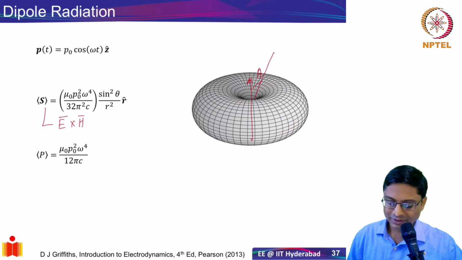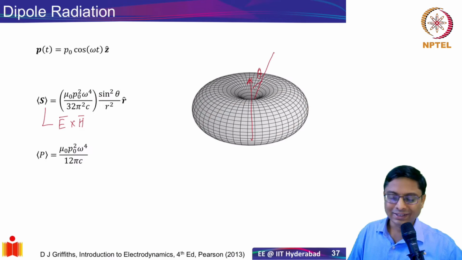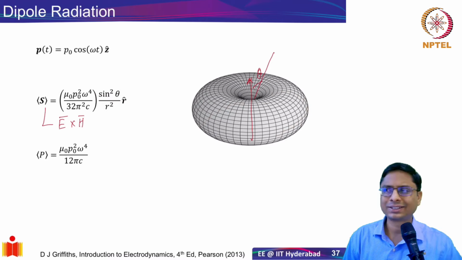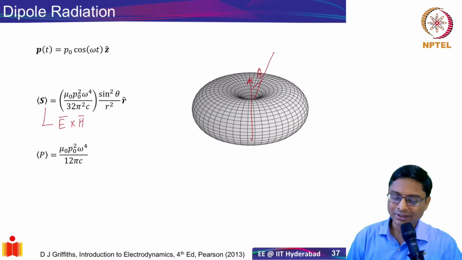The important thing here is, one is the sine square dependence. The other important feature is that we have 1 over r square dependence. 1 over r square means that as a function of distance, the energy flux is reducing, right? How does it make sense? To understand that, let's say you have a source emitting in free space. Then if you go to larger and larger distances, why is the flux density reducing? Does it make sense? Well, it makes sense because you have to think of, let's say, one